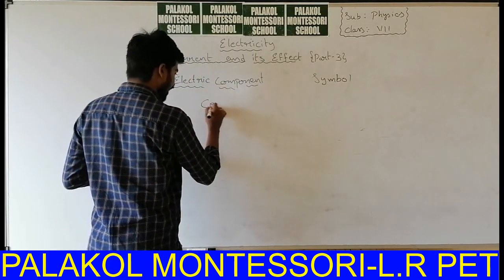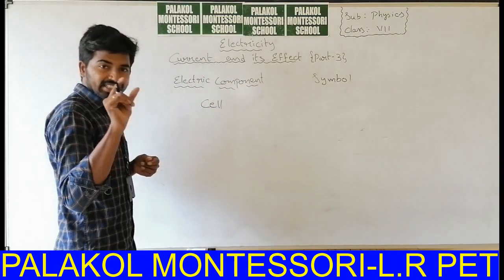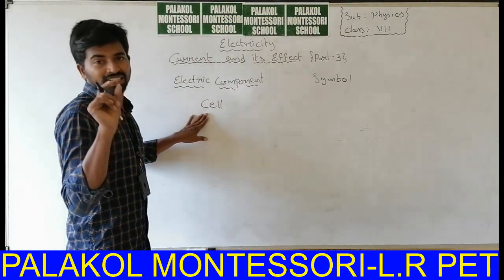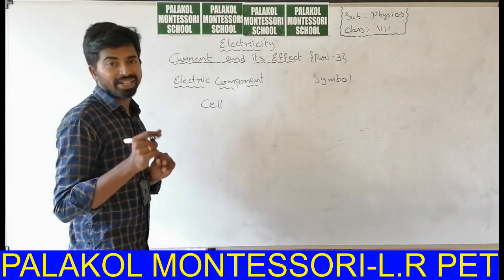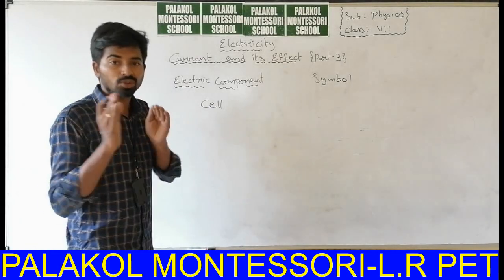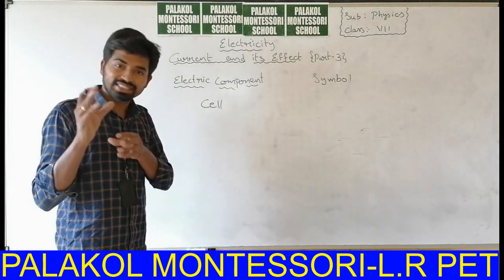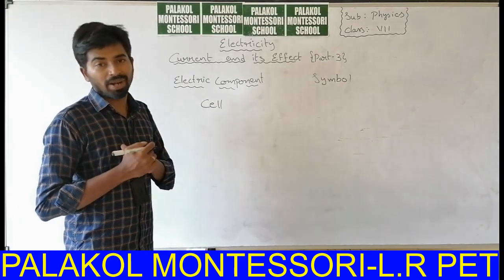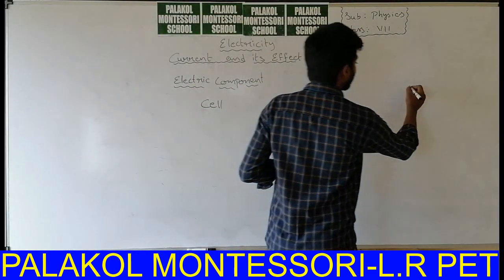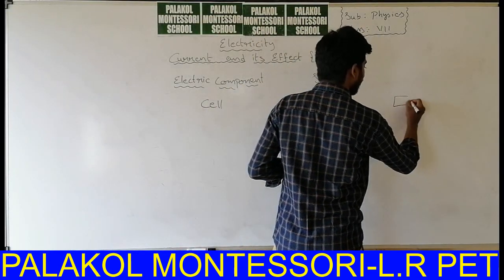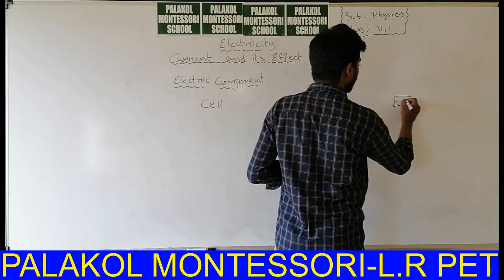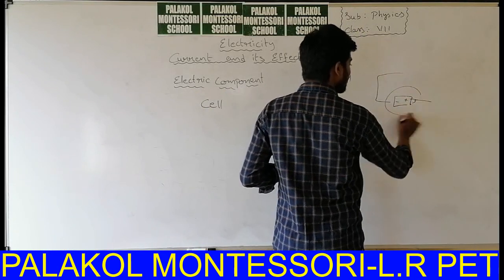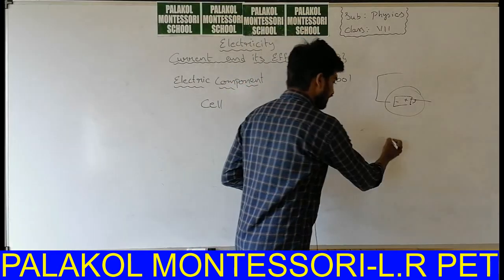Cell means battery. A single battery can be called a cell. If there are two or three cells, then you can call it a battery. If I have constructed a circuit with a single battery, this is the cell. If there are two batteries connected here,